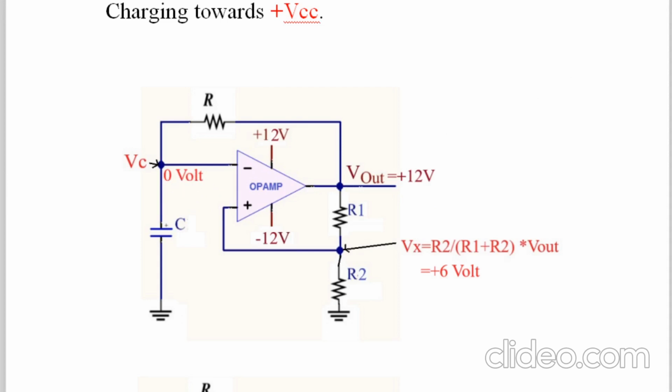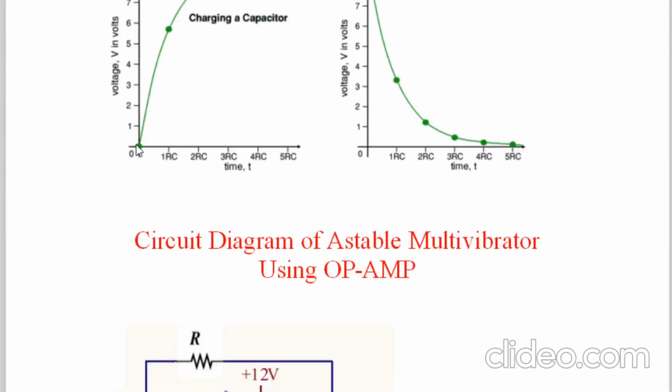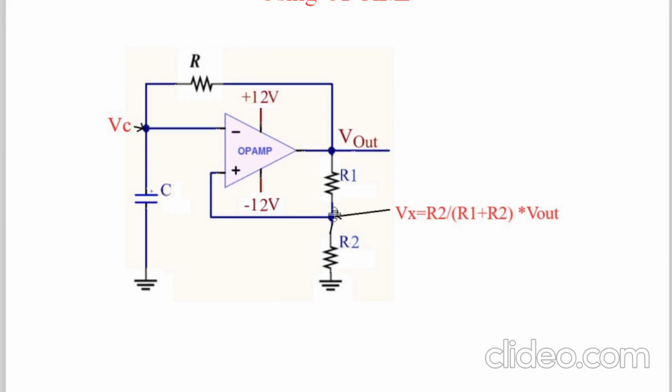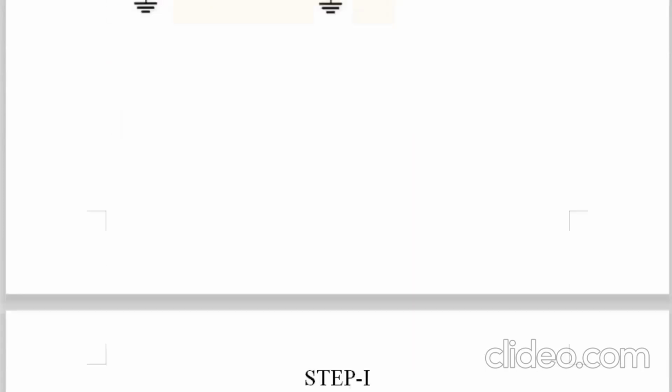Now consider that the capacitor is charging from 0 volt onwards. So instead of going to that diagram below, here I have this diagram. Now the capacitor voltage goes on increasing: 1 volt, 2 volt, 3 volt, 4 volt, 5 volt and 6 volt. Now let us see exactly at 6 volt what happens, because this point is at 6 volt. Non-inverting is at 6 volt. So suppose the capacitor charges to 6 volt. So the voltage across the capacitor is 6 volt, which means this point is also 6 volt and this point is also 6 volt. So here I have taken into consideration that both the points are at 6 volt.